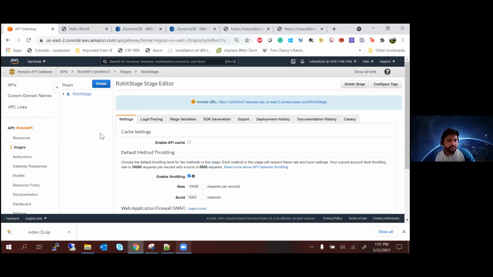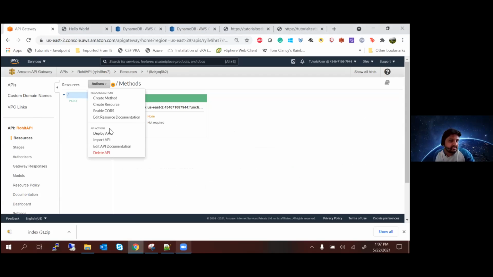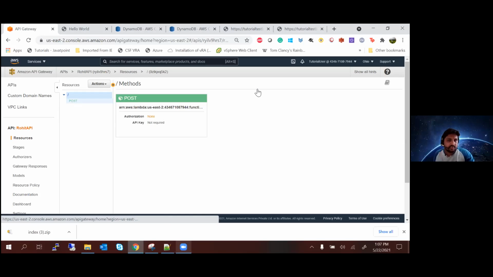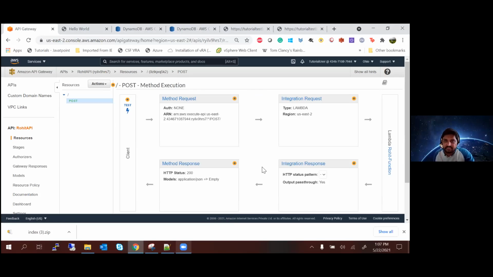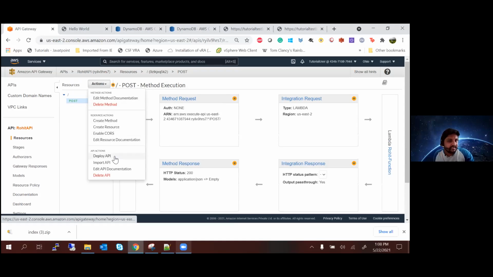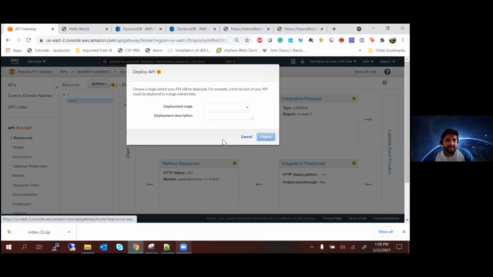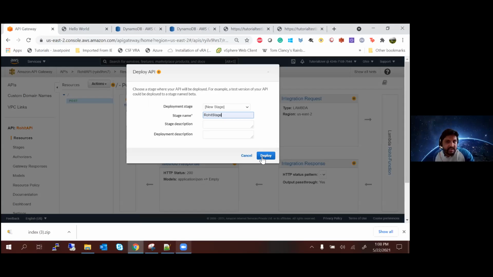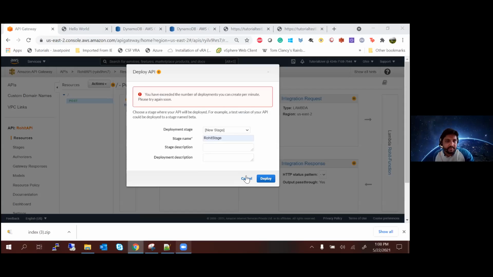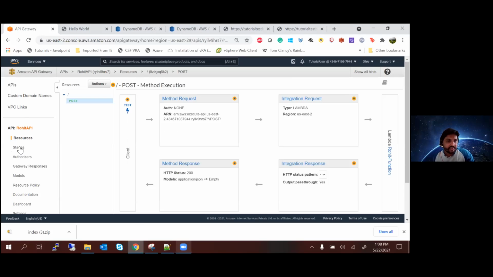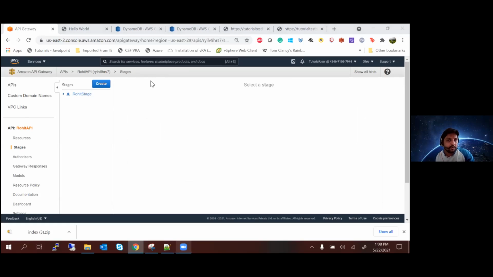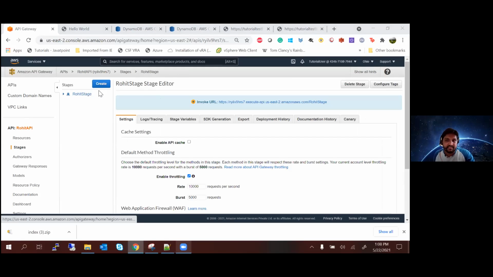Okay. So what we did is we created API gateway. We went to actions. We clicked on create method. We selected post from the drop down. And in the post, we just entered the name of our Lambda function. And after that, we went on to actions and we said deploy API. We just selected a new stage. We gave it a name and we said deploy, right? Have you deployed already? After you have deployed, you should be on this screen. You should be able to see this.